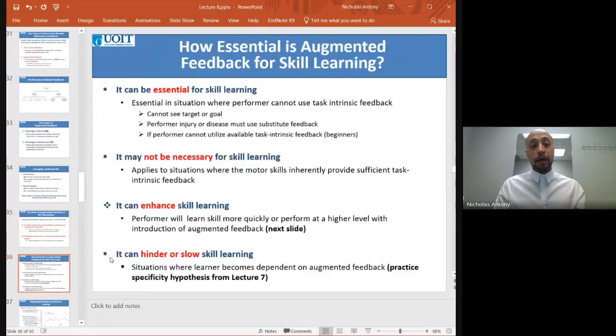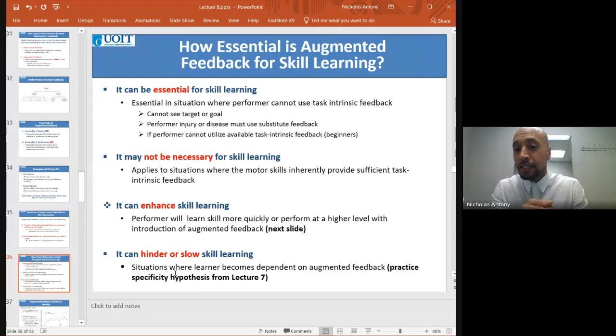So given that fact, augmented feedback when skill learning can be essential. It can be not necessary, it can enhance learning, or it could hinder or slow learning. Okay. So, what if giving advice is bad? Yeah, exactly. So we're going to talk about this in the next couple of slides, but if you give